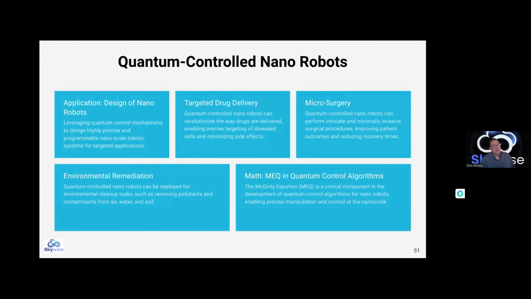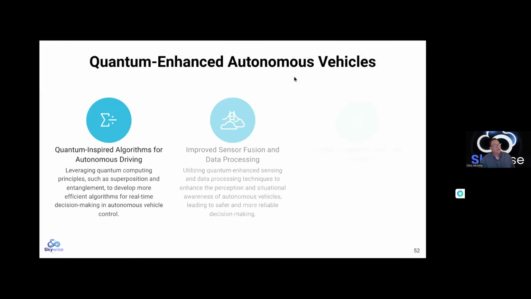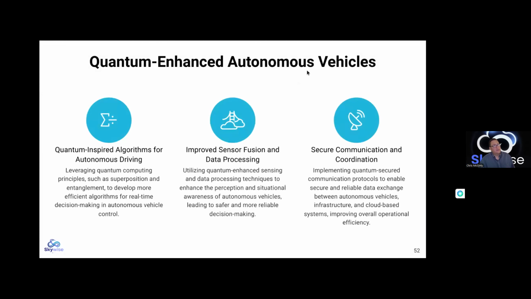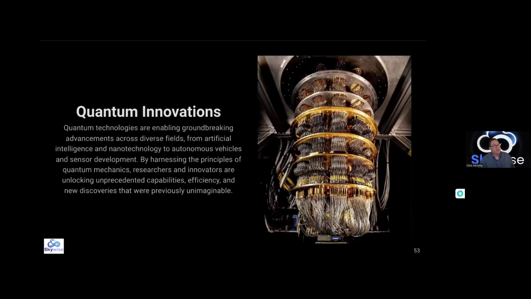Quantum controlled nanorobots, that's another thing where we're getting into that. This is part of the drug delivery system, but this is coming. It's already in labs around the world. But we can apply these concepts to that. Autonomous vehicles, again, it's another way of the micro informing the macro, that feedback loop. You get improved sensor data, improved algorithms, better safety. So that will eventually be worked into most of the programming.